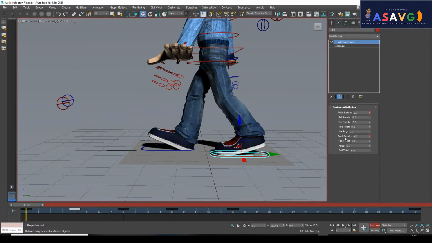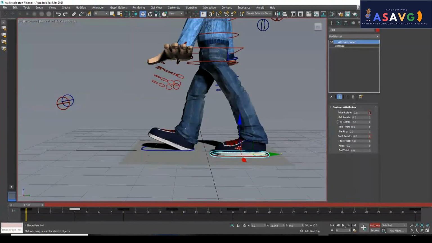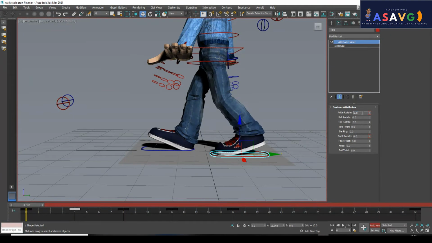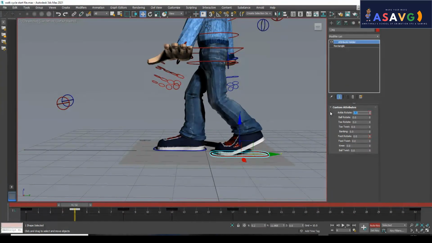So I am selecting this, and I am making a little adjustment for that, only a little bit of rotation. Okay, make 5. Okay, sorry, this one, 5. Now I will be sliding this.